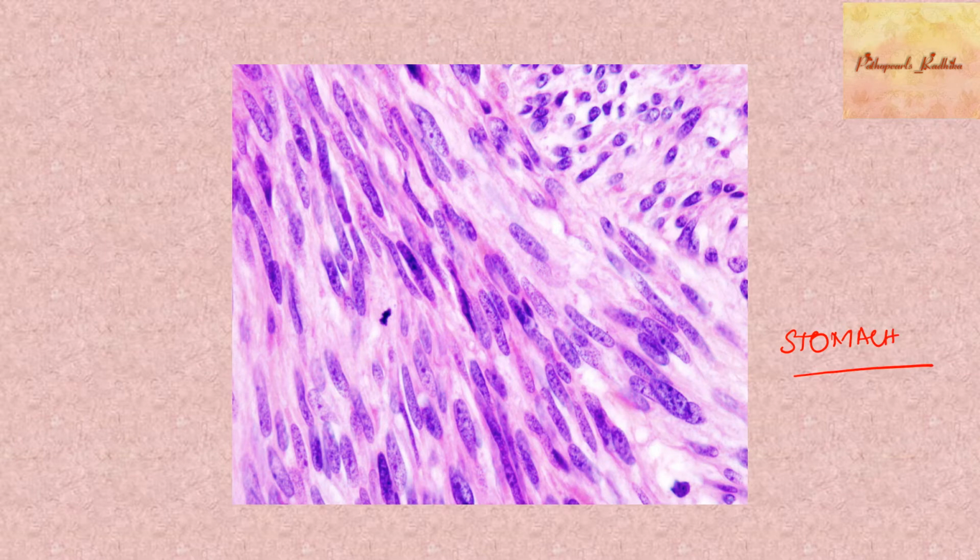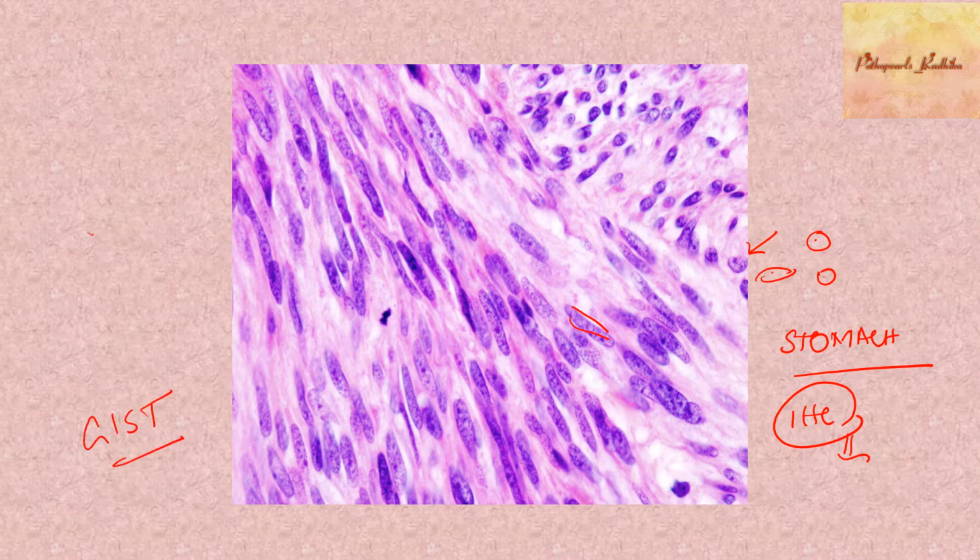When you see under the microscope, you have a lot of spindle shaped cells like this. Sometimes they can be epithelioid like this. So it can be of any morphology, but then how do you confirm? Your leiomyoma, your smooth muscle tumor, is going to have spindle shaped cells. Your GIST is going to have spindle shaped cells, which arise from your pacemaker cells. So how do you differentiate all of them? You have immunohistochemical markers. So what are those immunohistochemical markers which are used in the diagnosis of GIST?